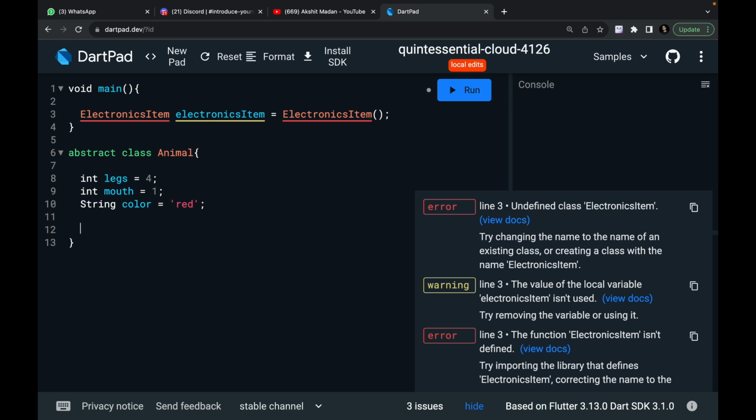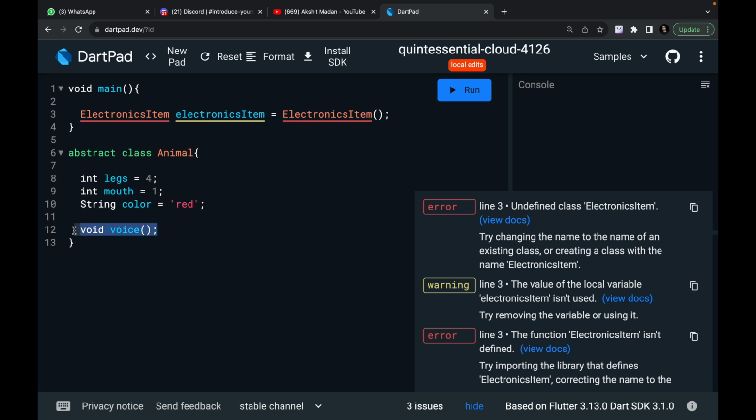And then we can have some functions. So every animal is going to walk, so void walk, or let's say voice. What voice does that animal take out, right? So void voice, and that's it. You cannot just define the implementation of this voice method here itself. Every animal is going to have a different voice. So I can just define the name of that method,